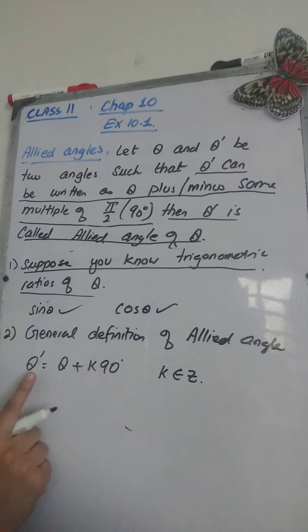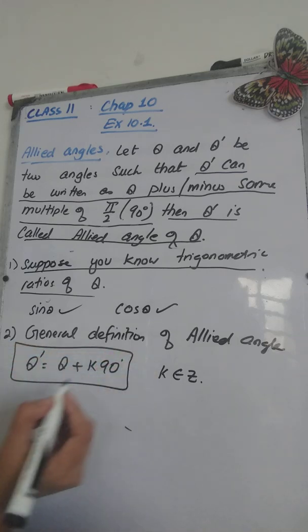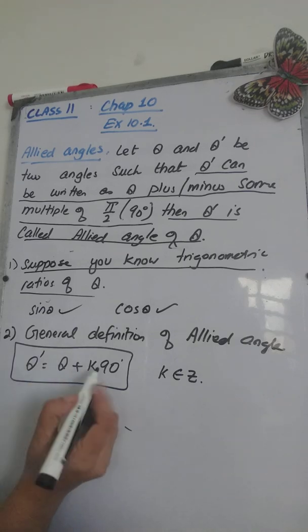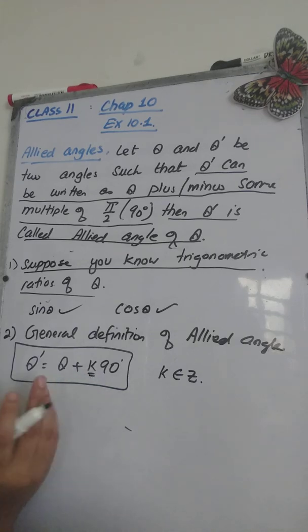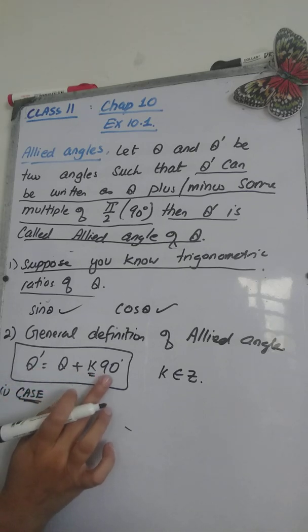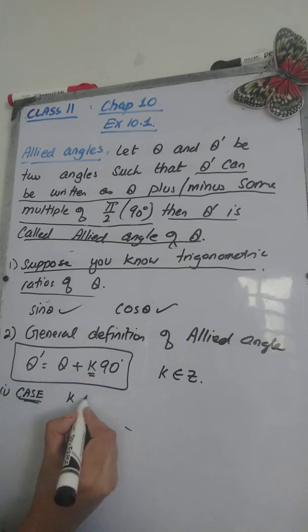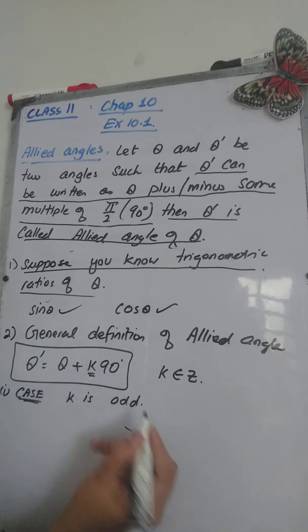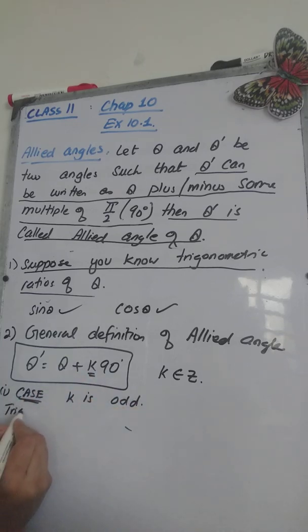Then theta dash is called the allied angle. This is the main formula for allied angles. If you can write any angle in this form, then these two angles are called allied angles. And the main property of the allied angles, the points that you should remember: case 1 is that suppose you have written theta dash as theta plus k times 90, and k is odd. I will tell you how to write theta dash in this form. If k is odd, then the trigonometric ratio of theta dash